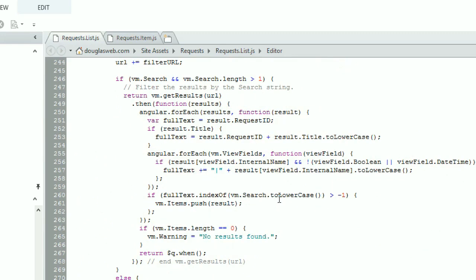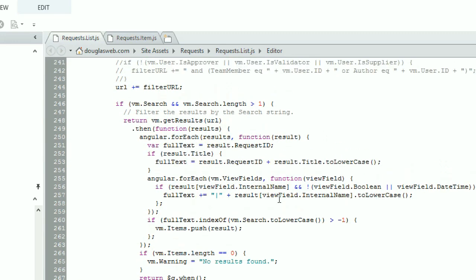And now here we come down to the actual calling of get results. One thing you want to take note of is if we have a search criteria, we're going to call get results and we're passing in a URL. SharePoint REST will return all of the fields in a list that you ask it for, and you can filter your results by certain fields. However, REST does not support filtering multi-line text fields. So in order to get around this, I have to return all of the results, and